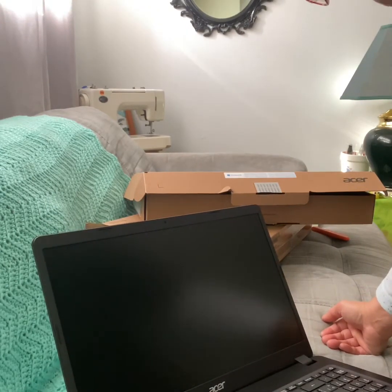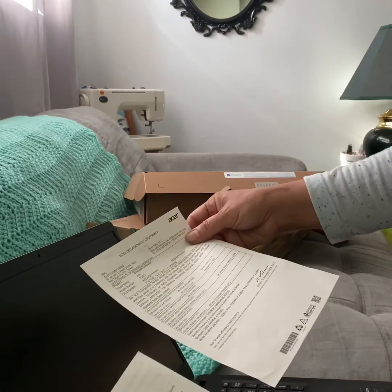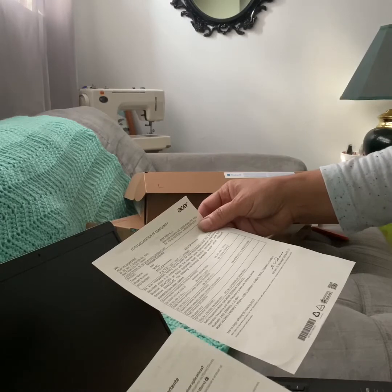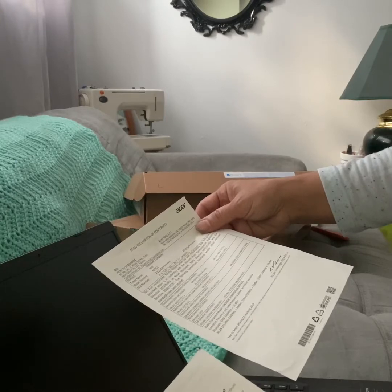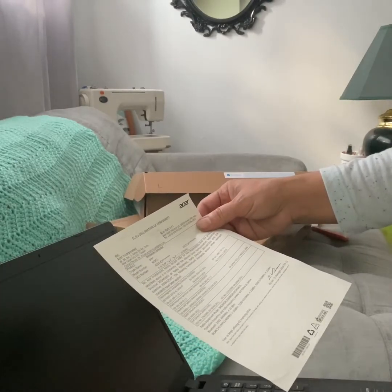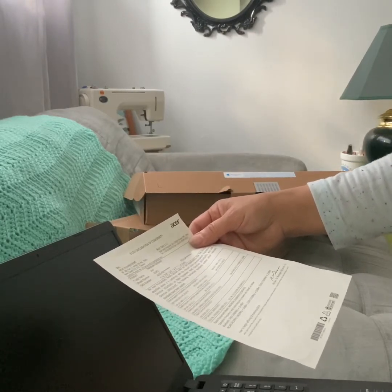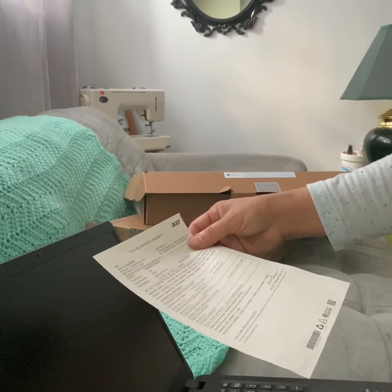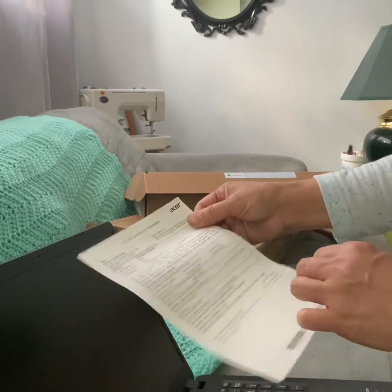So this computer, what is all of this inside? You have to see here. So model N19C1. Detective video 2011-65, Bluetooth operation frequency, radio frequency. Okay guys, so